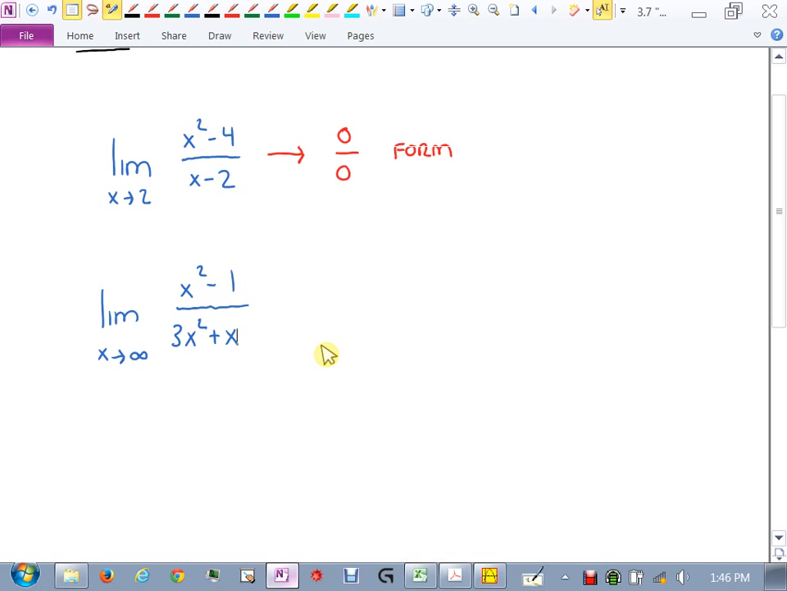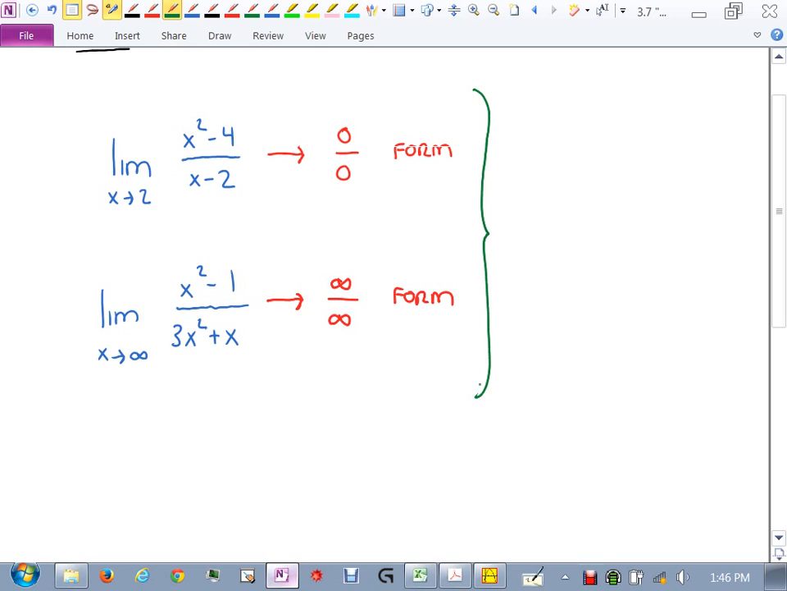And I'm letting x go where? Infinity. This is infinity over infinity, right? That is the form that we have here. You are allowed to apply L'Hopital's rule whenever this happens also. These two forms are good for L'Hopital's rule. Both of these forms